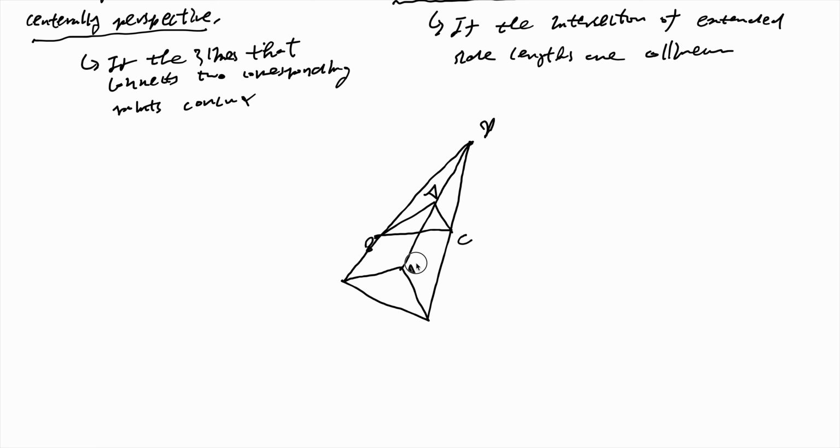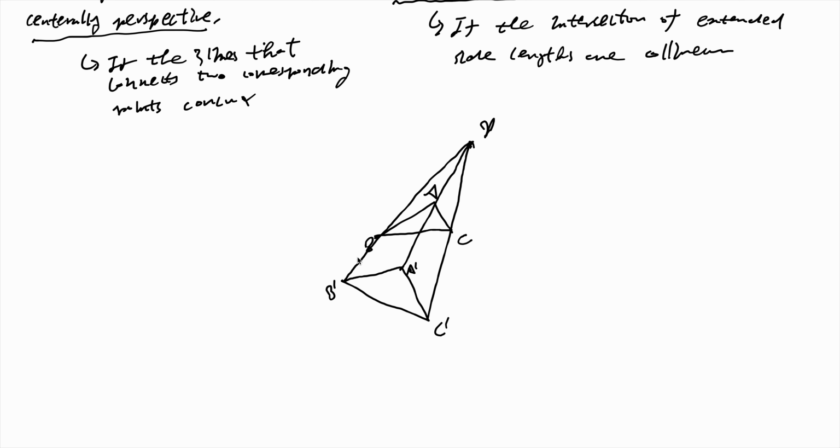Yes, and this is A prime, B prime, and C prime. So what this means is that, okay, let's consider a light source P, and we shine the light to the triangle ABC, and this is the result that we get, somewhat like the shadow or